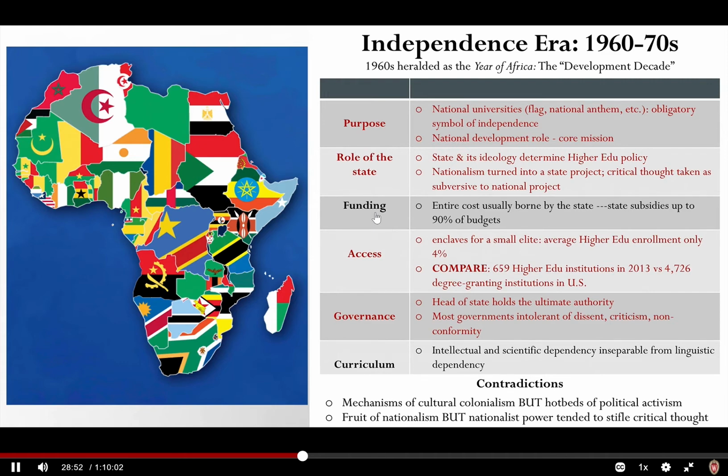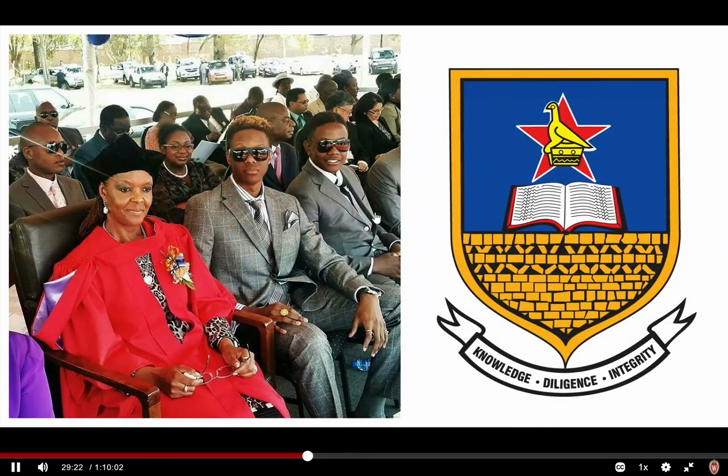heralded the ultimate authority in the national universities, right? Because it was a national project, it was tied into the development role of these universities. Most governments were very intolerant to criticism and to people who were not conforming to what was talked about as a national project. And I'm not going to talk about curriculum, but it's something that I can come back to if needed. I'm going to give an example here of